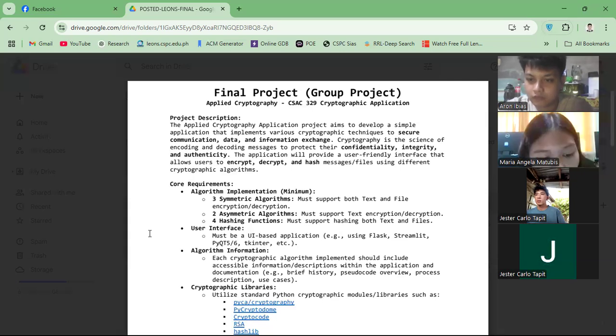With this project, we aim to showcase practical application of cryptography and how different algorithms contribute to modern security systems. So Aaron will show and demonstrate the code.